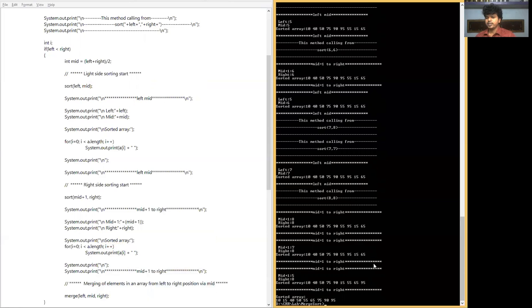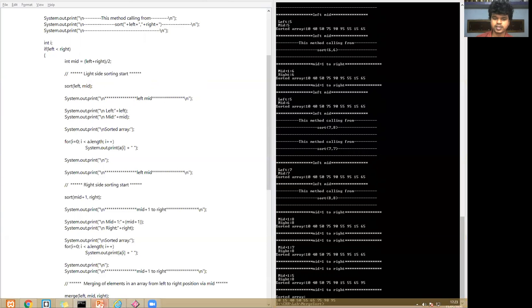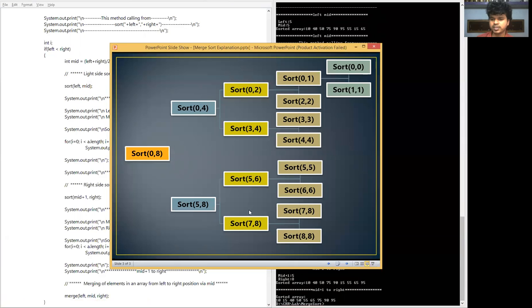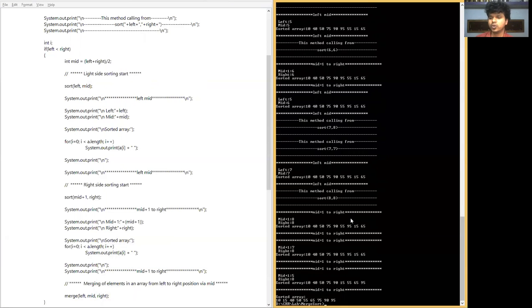Actually, after applying, they are going to remain in the same position, because those two are already in sorted order. So this is one kind of array. This is 55, 95, an array that can be represented graphically as 5, 6 and 7, 8. These two came from 5, 8. So those are going to be right, mid plus 1, right? That's 2, 5, 8. So 5, 8, but from this place to this place, these are going to be checked.